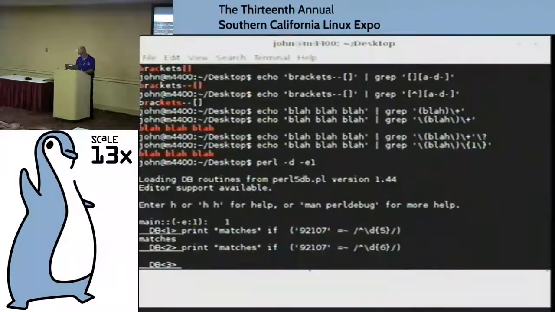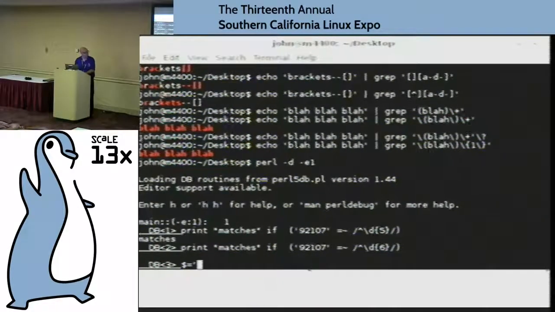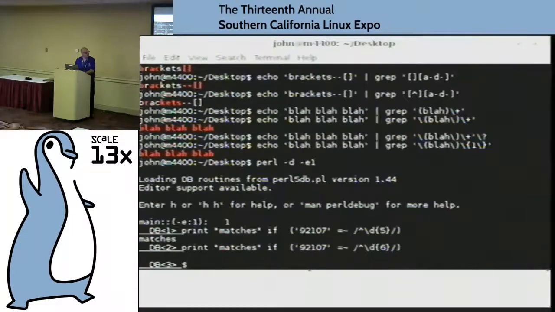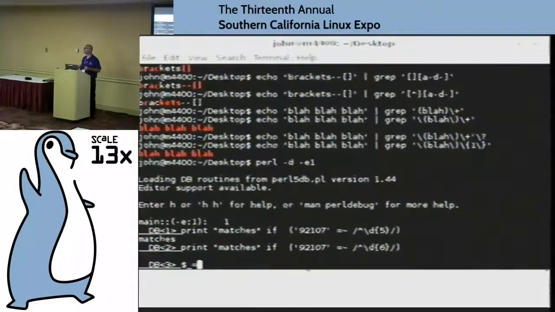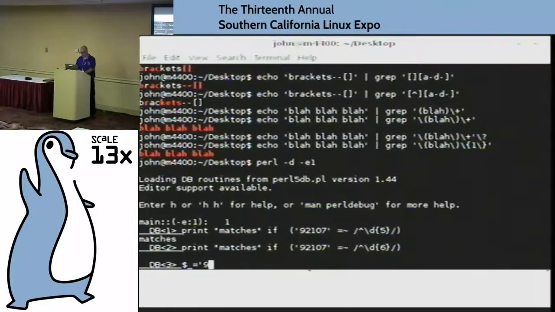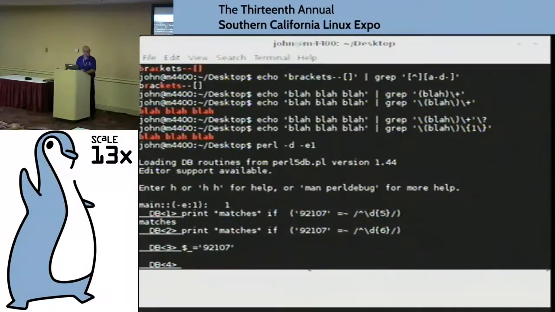So let's say I'm going to assign my default variable a value. Oops, that's supposed to be $_, which Perl just kind of magically assigns things to, like when you're in a for loop or something like that. What you're iterating over will automatically be assigned to $_, and then you can check to see if it matches or not. All right, so I'm going to make that 92107,